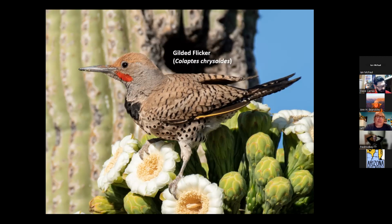Typically, gilded flicker nests are higher up on the saguaro than the Gila woodpecker nest, and obviously the hole is going to be a little bit bigger. So if you're walking along in the Sonoran Desert, you can often tell what was a gilded flicker nest and what was a Gila woodpecker nest by its location and the size of the opening. Anyway, the gilded flicker builds its nest, goes through the same routine, and now bigger birds can use it,